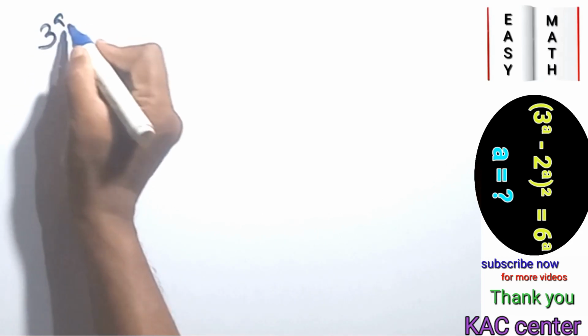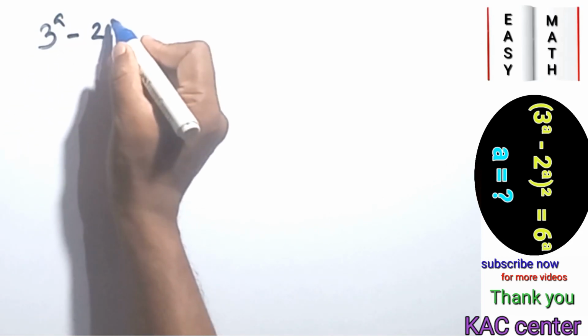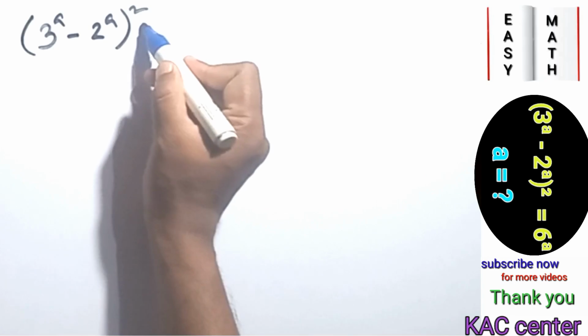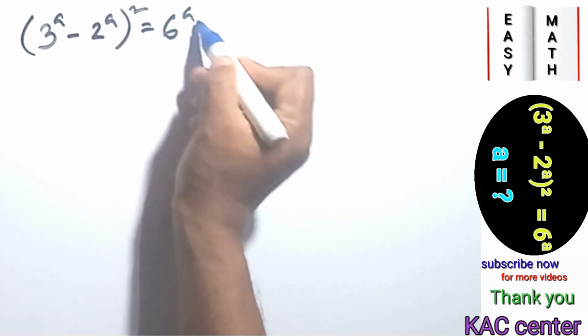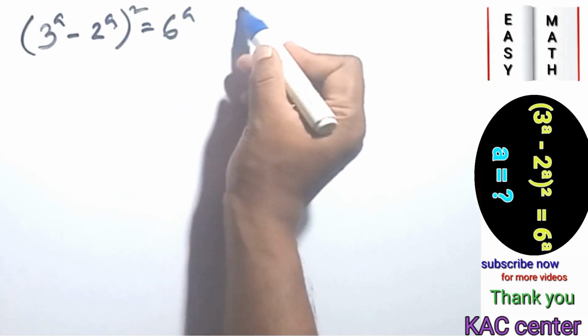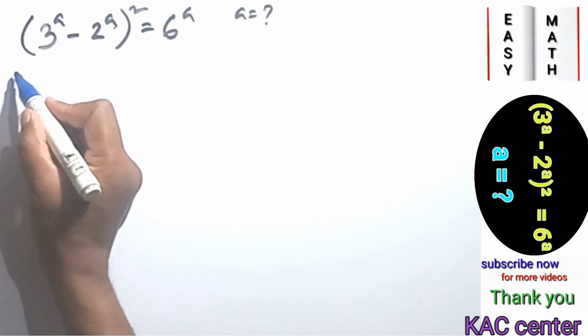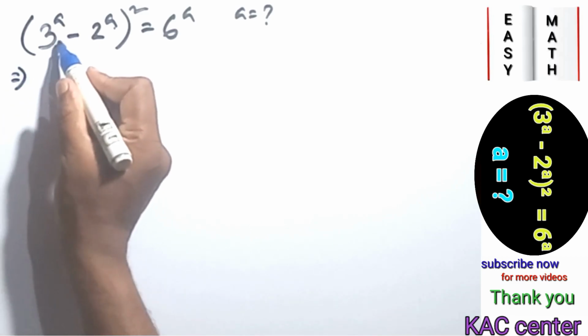to the power a minus 2 to the power a, the square, and 6 to the power a. So find the value of a. So first we can write this